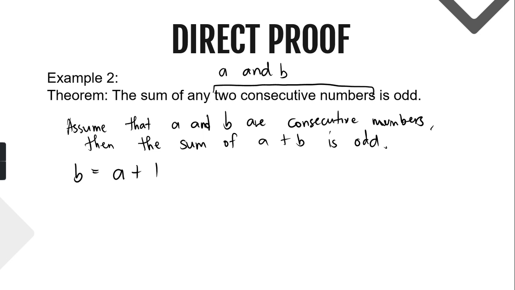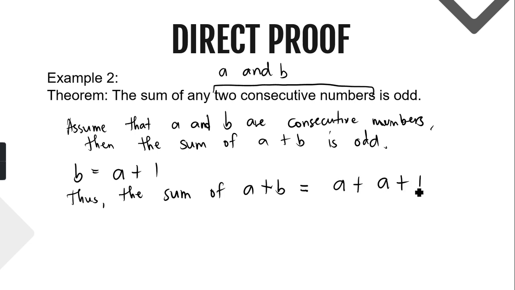So with this definition, thus the sum of A plus B is equal to, that would be A plus A plus 1. Nakuha po? Kinuha ko si A. Tapos si B, kinuha natin siya dito base doon sa definition number 3 natin. Thus, we will get the sum of 2A plus 1. So, with the integer,